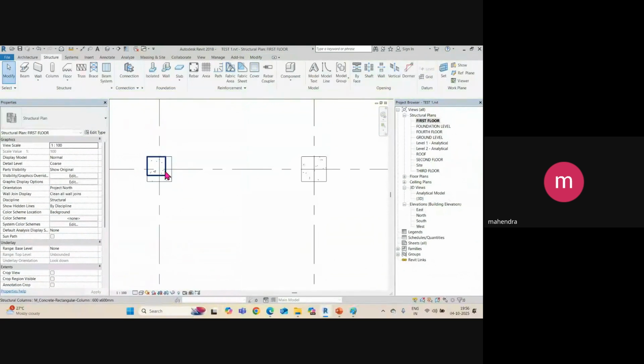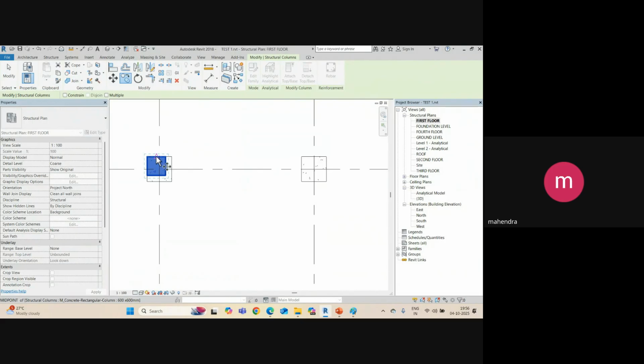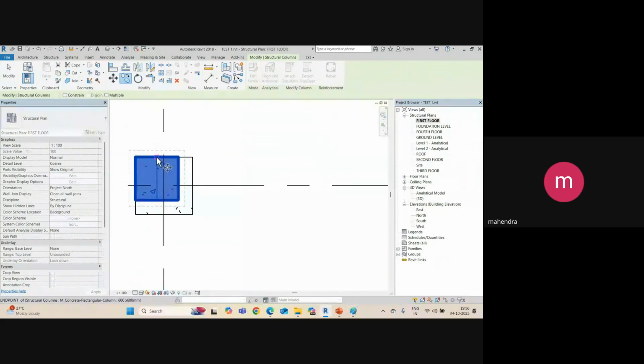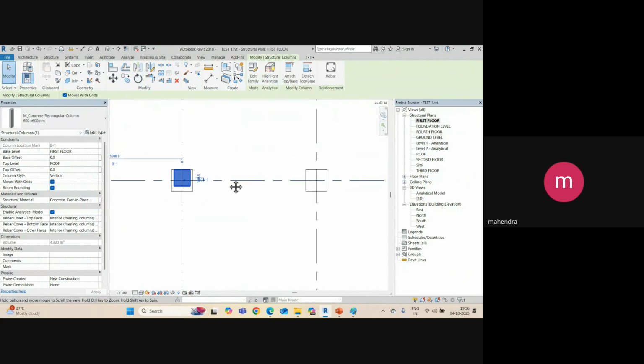So you can see if I unselect this and select this, you can see Modify Structural Column, and you can type CO. CO means copy, and just select this midpoint and then add here, right? And at